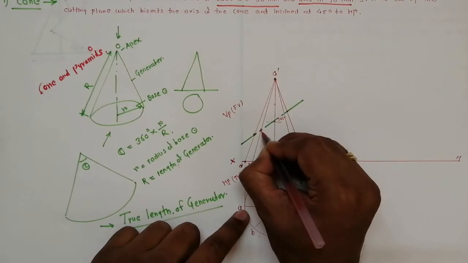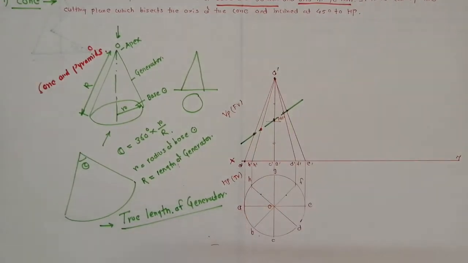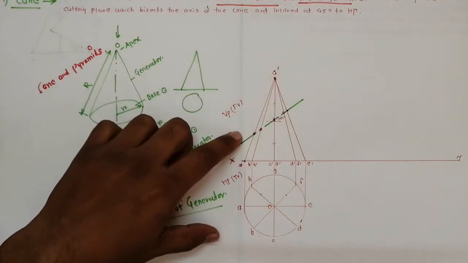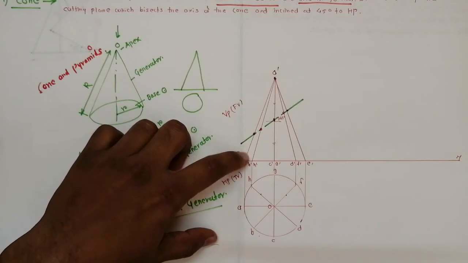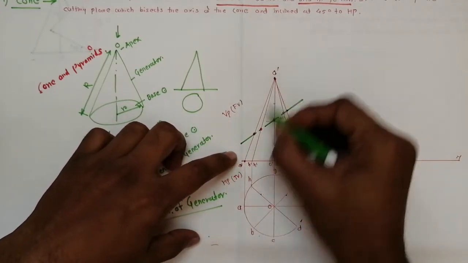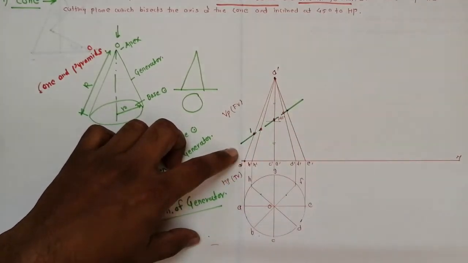So this is the intersection here, here, here, at this point and here. Now how to mark the intersection? Again, it is very simple. If there is one edge, you mark one intersection. If there are two edges, you mark two intersections. Now see here, this is OA, this is only one edge, so here we will mark one intersection.